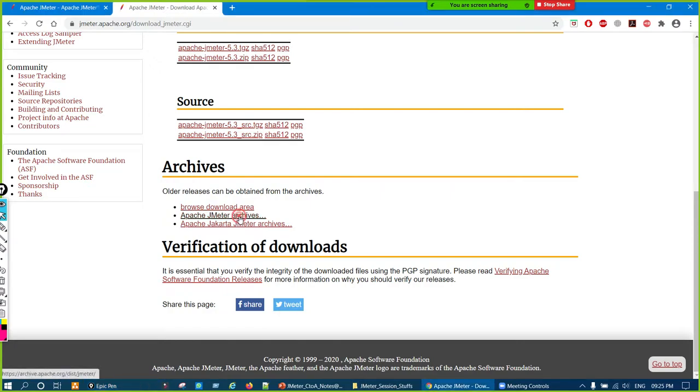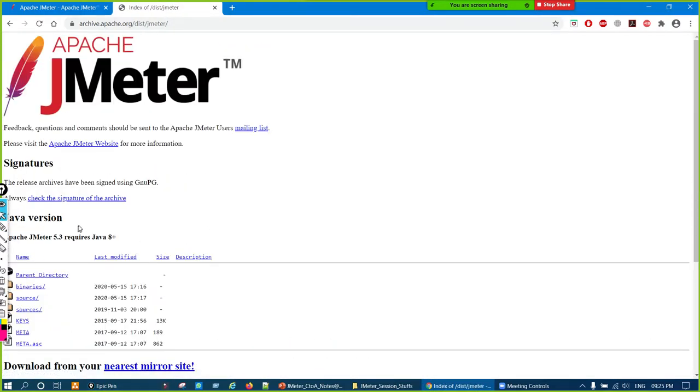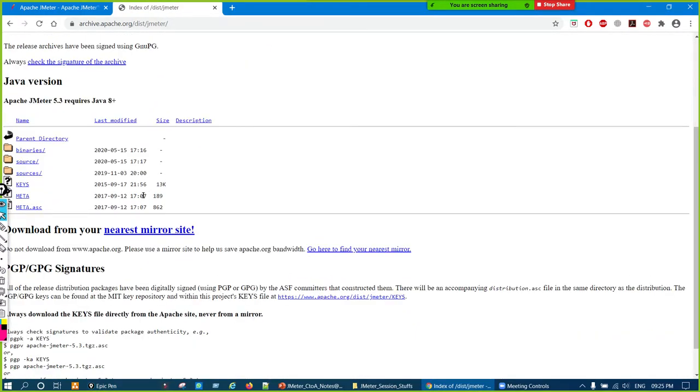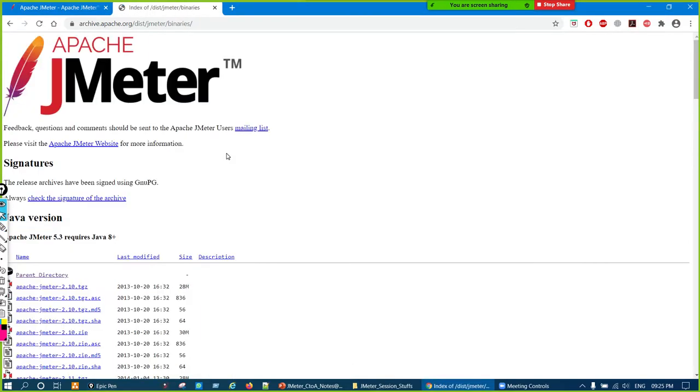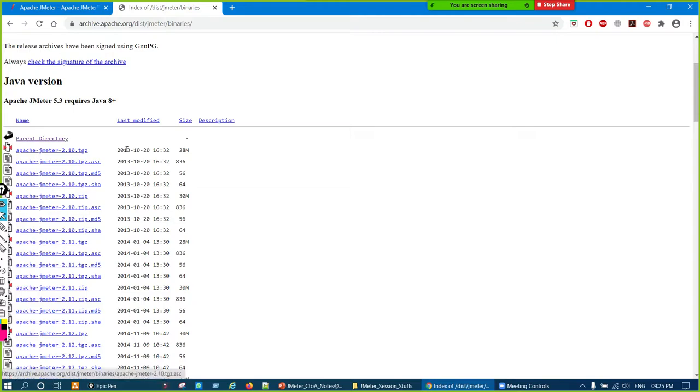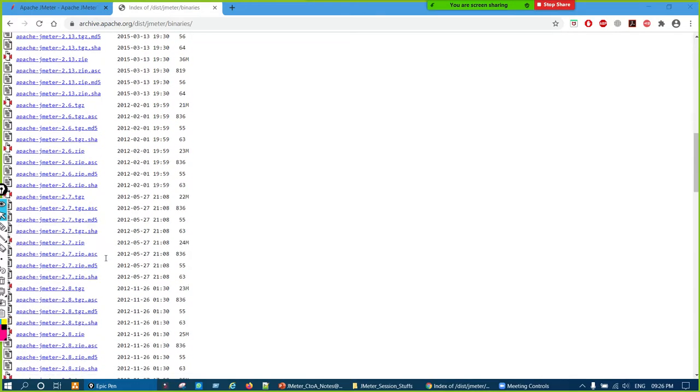If we want to download the old version, the JMeter archive is there under the archive heading, right? We'll click that, and on the next page you'll see binaries. Click on that binaries. Here all the JMeter versions from 2.10 are there, I think.